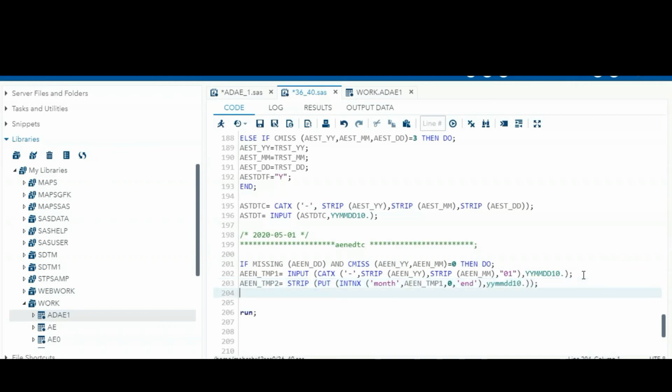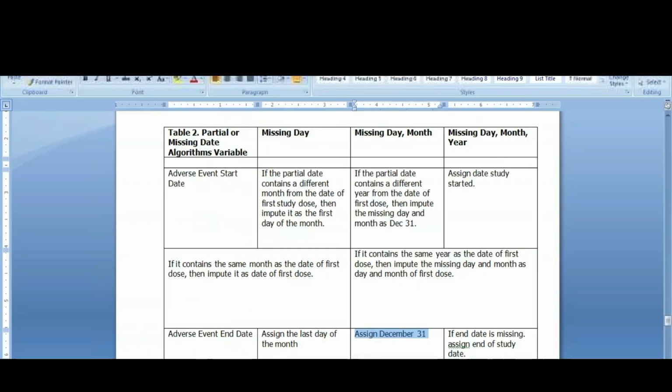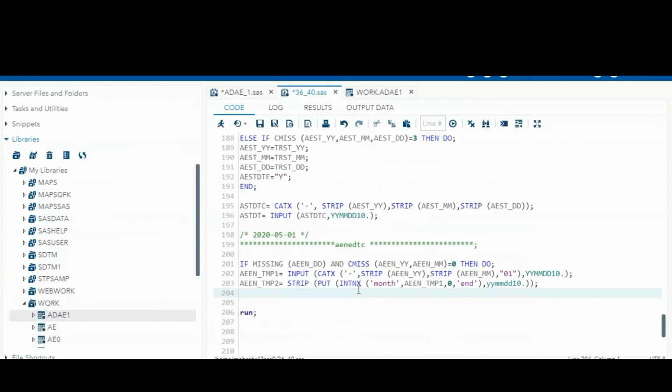So what we do is, as per the SAP plan, assign the last day of the month. Some programmers just create the January, February formats and apply the leap years, etc. This is a simple intnx function we can use. By using month of end day, for this function we need a complete date.